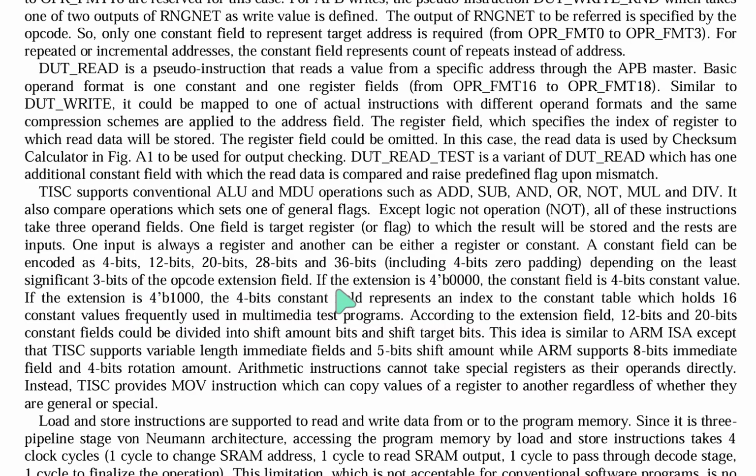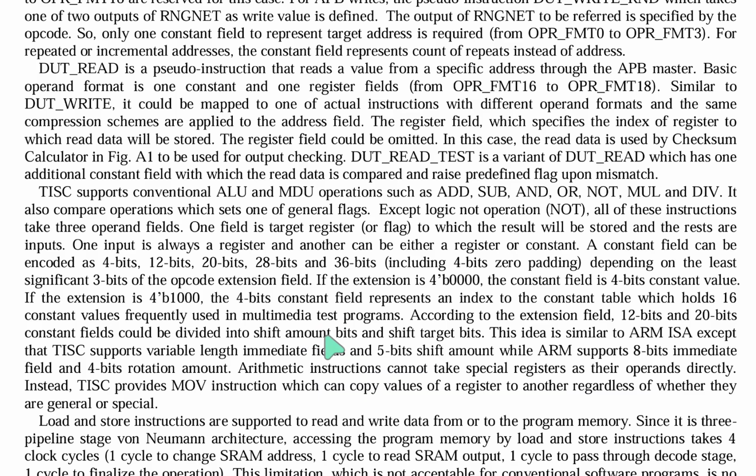If the extension is 4-bit binary 0000, the constant field is a 4-bit constant value. If the extension is 4-bit 1000,